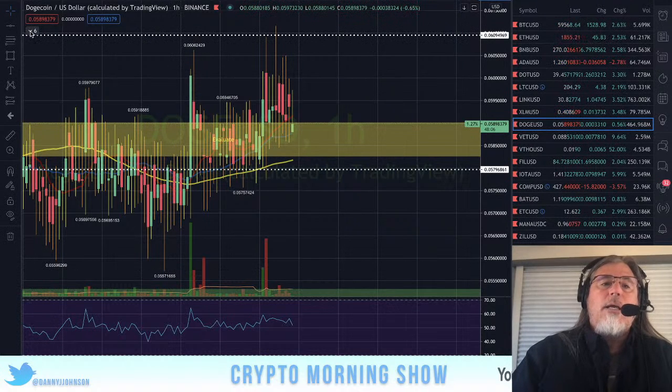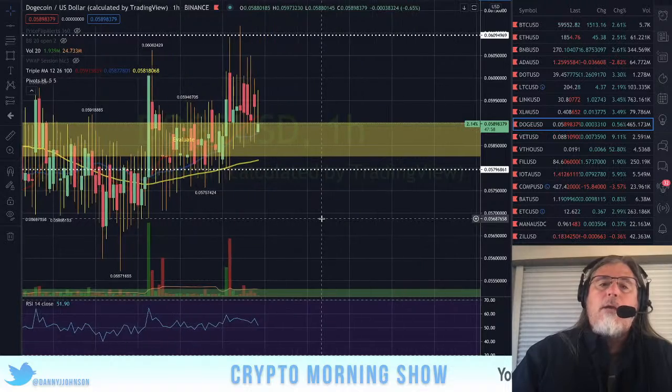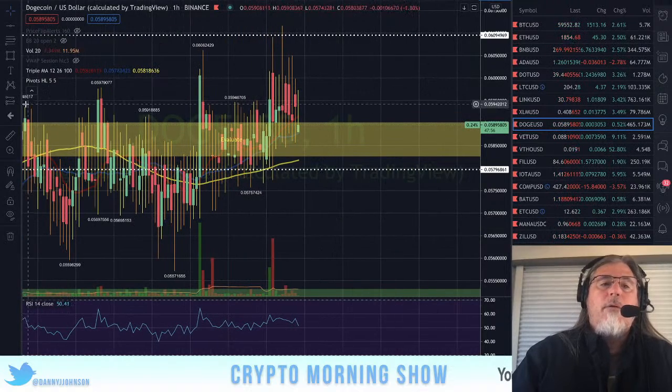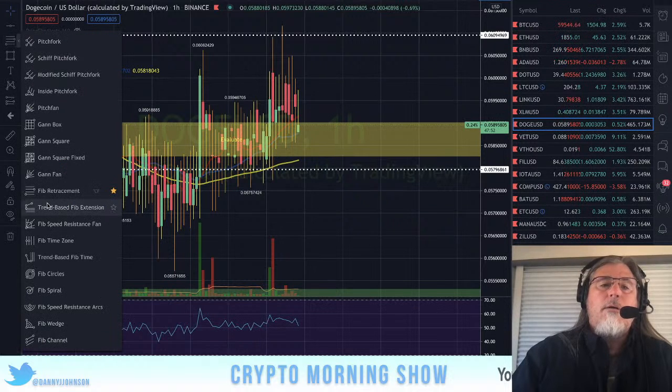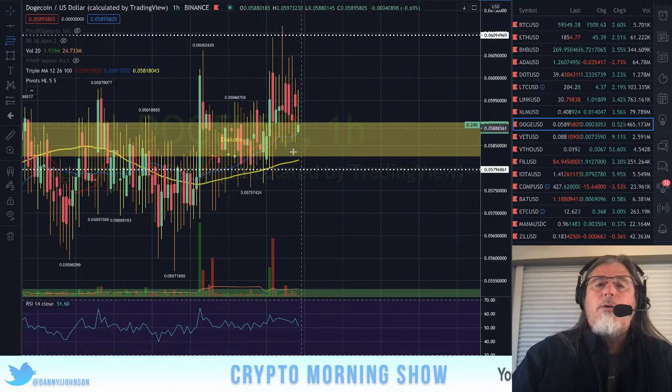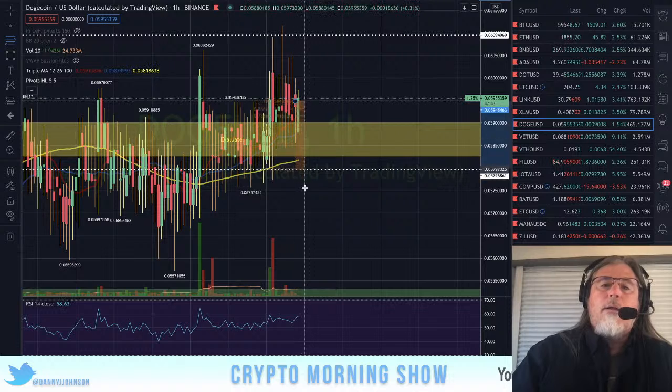I'll show you that indicator. It is the pivots HL55, and that will show you the swing high and the swing low. And you can dial in here with the Fibonacci tool that we use quite a bit here. There it is. And you can just put it on these pivots. So we have a swing high and a swing low. So we'll just take that pivot right there, come down here,